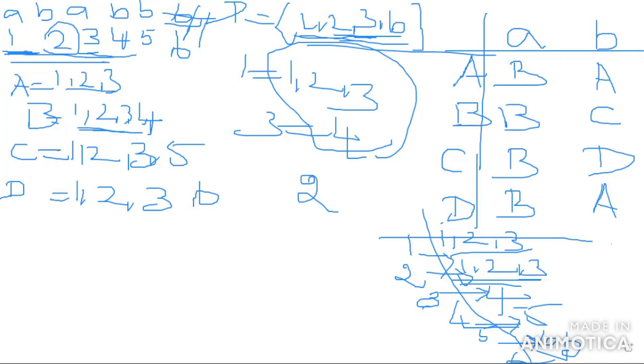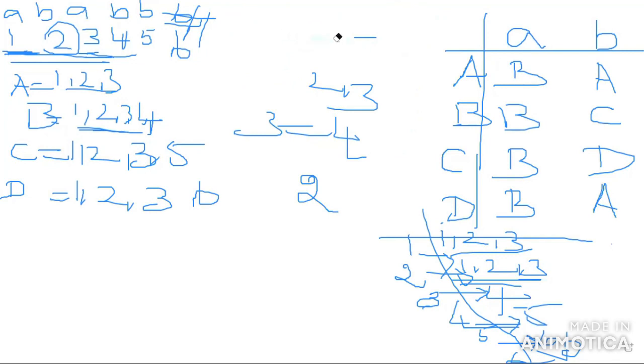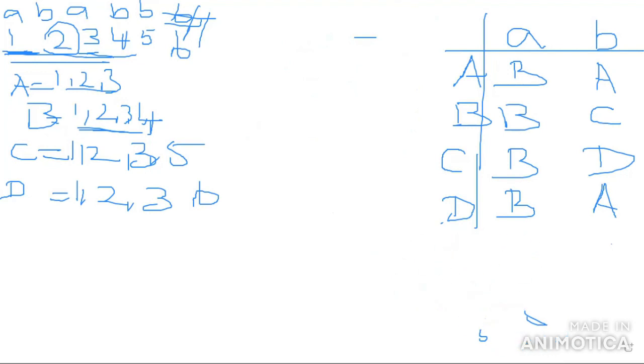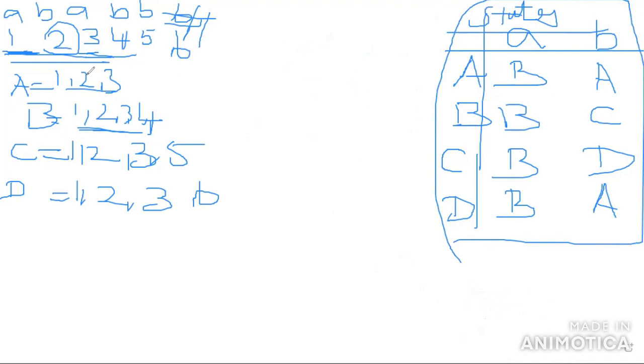Now it's clear. Okay. Then I can complete the DFA diagram. These are the steps. So after converting RE to DFA, you just have to draw the DFA diagram. How to draw? Based on these formulas, based on these output values. So these are the states of input and output symbol. So the state A on input symbol A is B. Input symbol B is capital A. So similarly, complete all the states. A is nothing but {1, 2, 3}, B is nothing but {1, 2, 3, 4}, C is nothing but {1, 2, 3, 5}, D is nothing but {1, 2, 3, 6}.